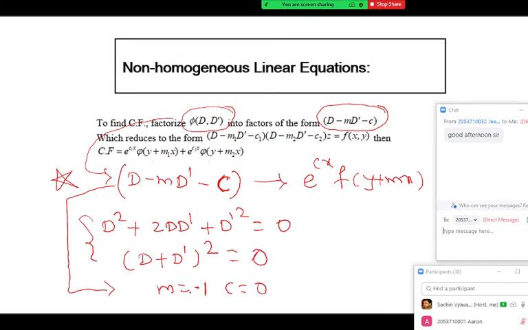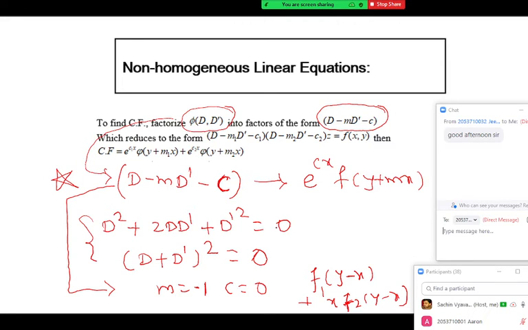And f of y minus x. So f of y minus x will be the term. But we already said that the same factor is repeating. So we'll say f1 of y plus x plus x f2 of y minus x, that way. So that way we are writing it in the homogeneous case. Okay, so there are different ways.